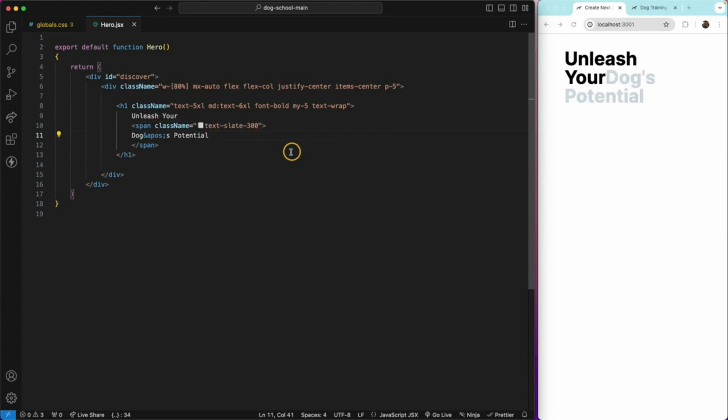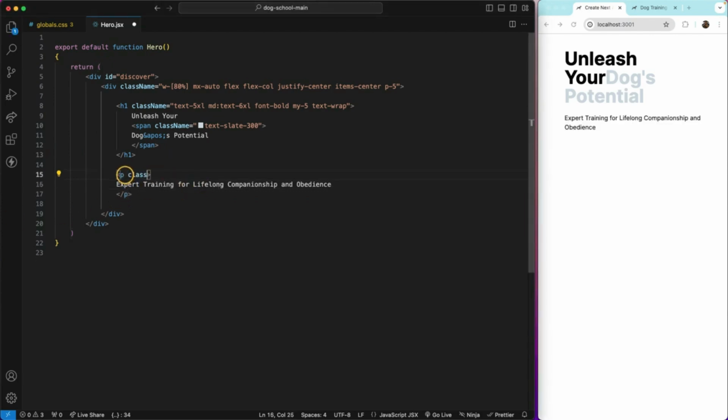And what else? I'm going to need also a p tag below this h1. So this one, I'm going to need a p tag. And I'm just going to copy paste the text inside, so it's faster and I do not mess up. I'm going to style it, class name,